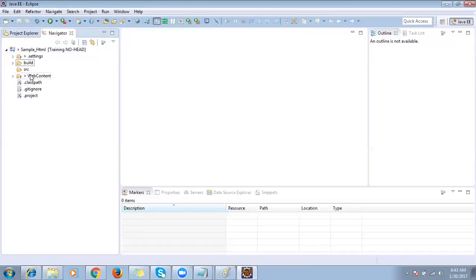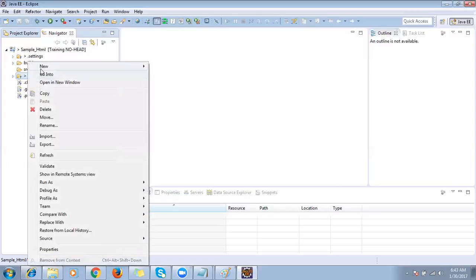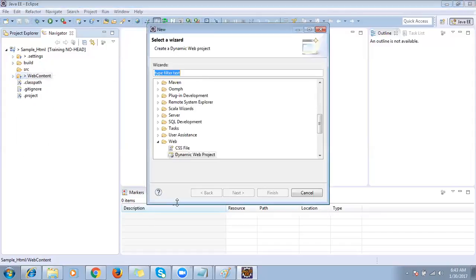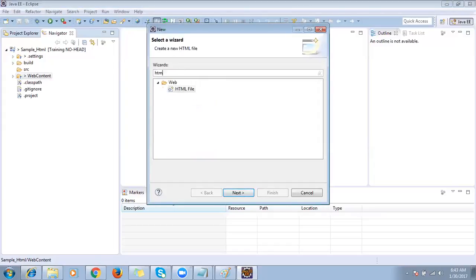Now under web content we need to develop one HTML file, one simple file. So how are we going to develop it? Just right click here and you will get a menu. Go to New, and go to Other. Just type here what kind of file you want to develop. I want to develop HTML. So you got it; that HTML file option will come under Web only. Select HTML, next,